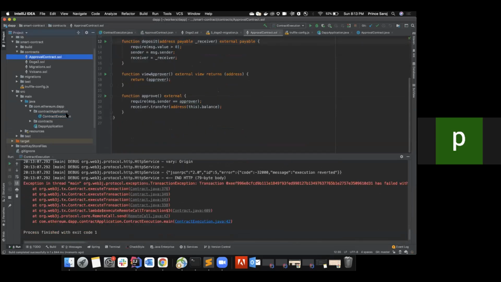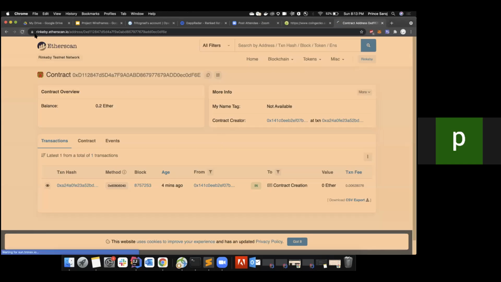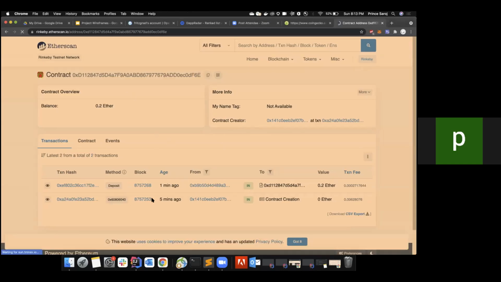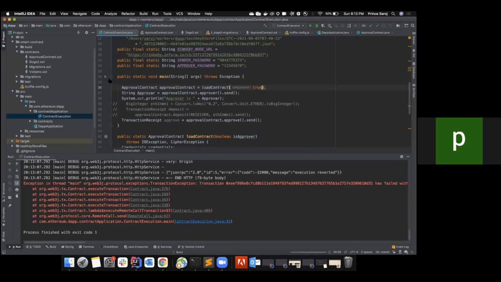So it should fail, because we have enforced that message.sender should be the approver. So let's change it to true and quickly verify that it hasn't happened. Yeah, it didn't happen. And we also got the transaction ID hash for 0.2 Ether, which is transferred to this address. Now let's again do that thing, and we'll have,